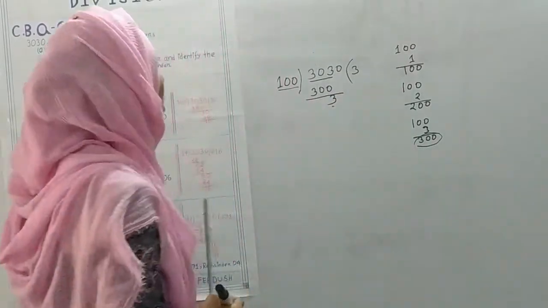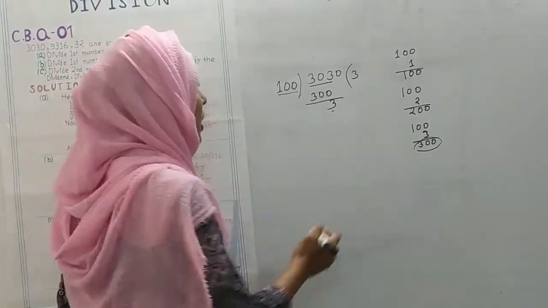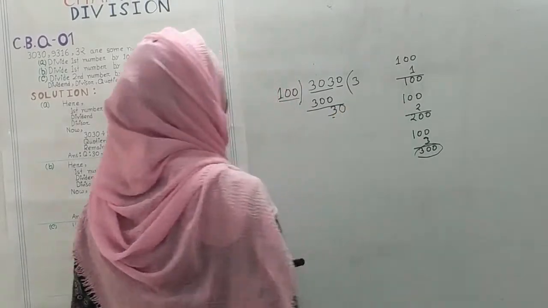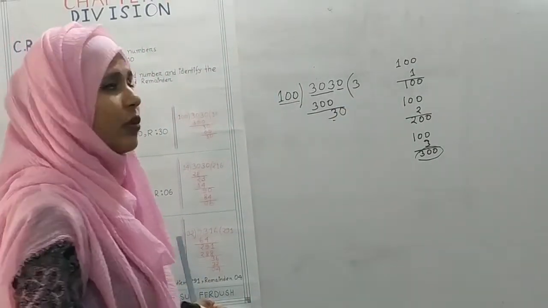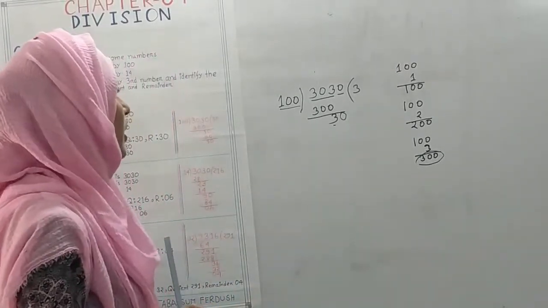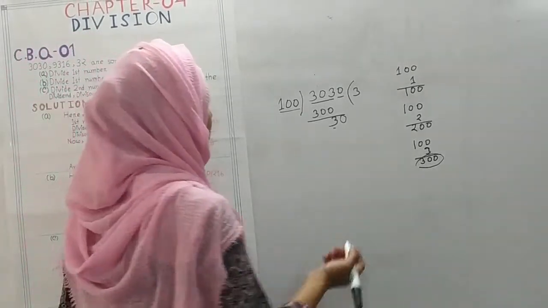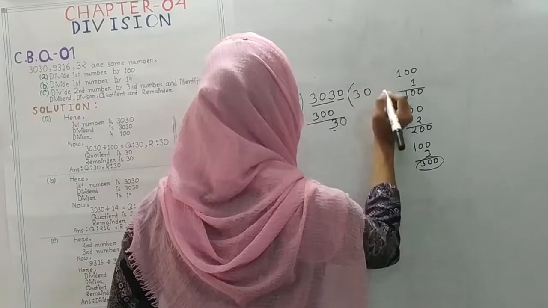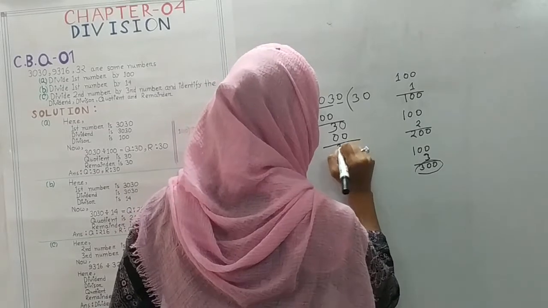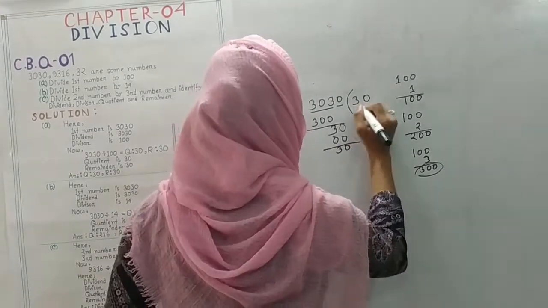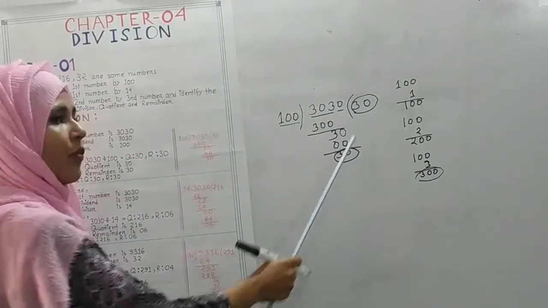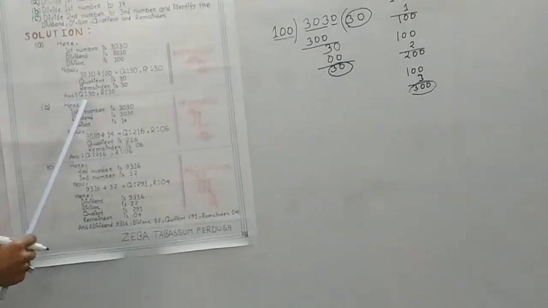As 3 is smaller than 100, we have to bring down the last digit of the dividend, that is 0. Write down here 0. After writing down 0, we see that 30 is also smaller than 100. So 30 is not divisible by 100 except by 0. So we multiply 100 by 0 and write down here 0. Subtract this, we get 30. So here we see that our quotient is 30 and our remainder is 30. This is our result. That is written like this, that is quotient